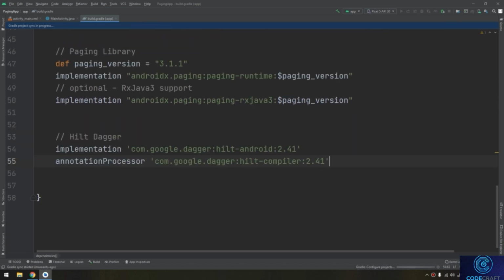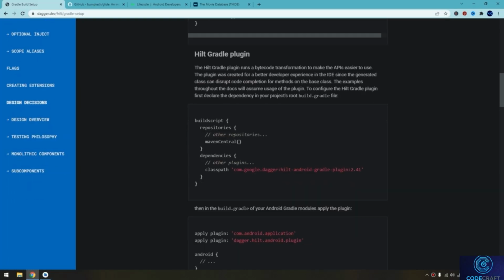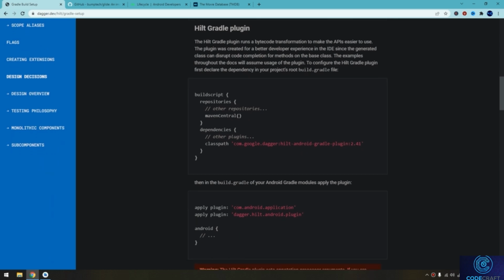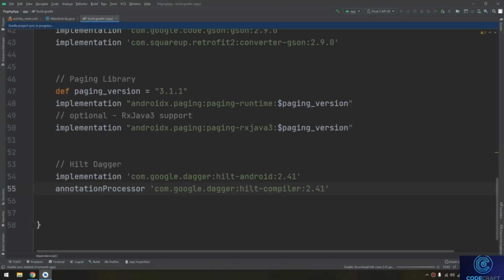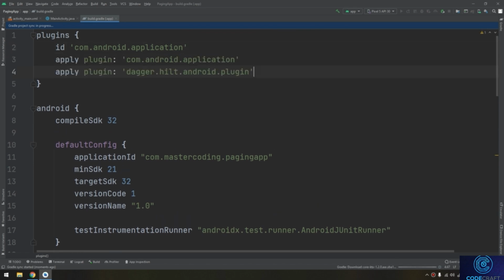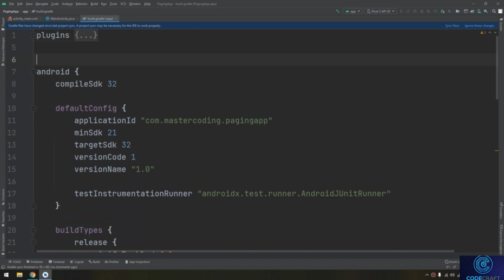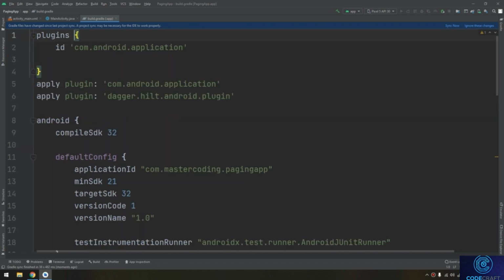I will click on sync now in order to start downloading. Okay, and if we scroll down here, we need to apply the plugins. So I will copy it, apply the plugins here. Above, I can put it here, apply plugins. Okay,